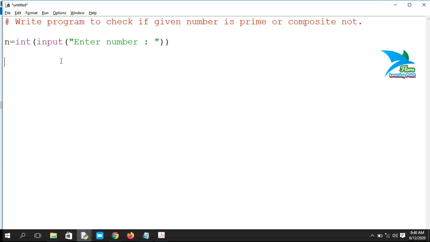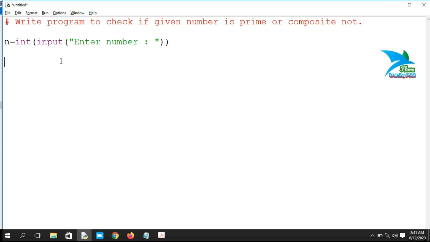If at any time the number is divisible completely by a value within that range, that means the number is composite, otherwise the number is prime.